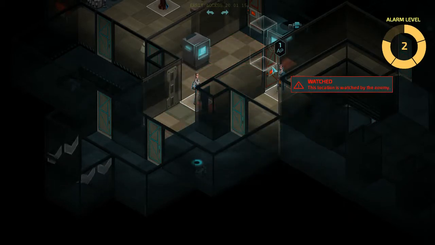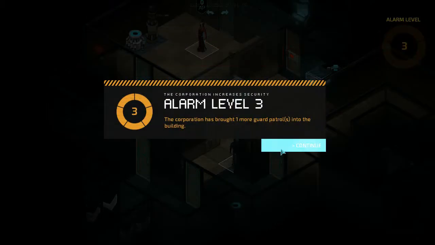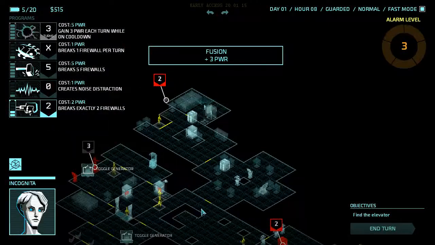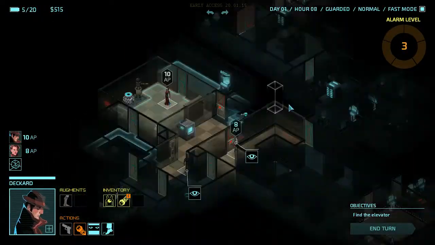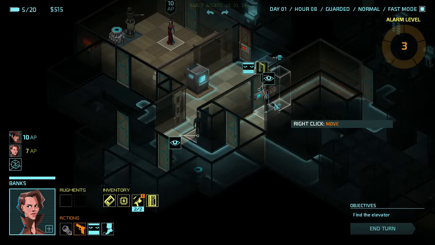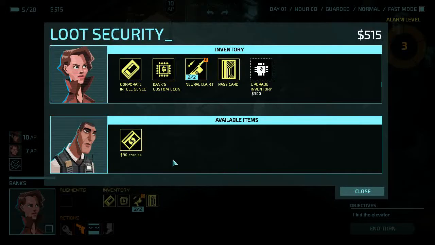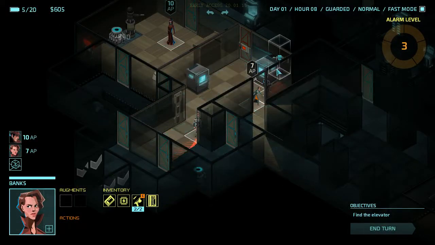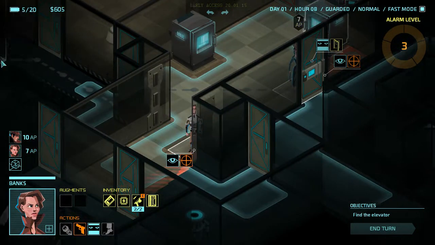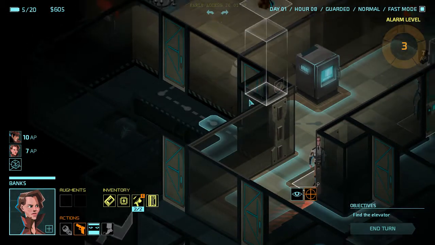Alright, so I should be able to steal from this guy right here. Just open this door, pick his pocket. There's one more guard. He spawned right here. But not too bad. 90 credits, sweet. Alright, so what can I do here? This guard goes into this room. So I could technically just move over into this room